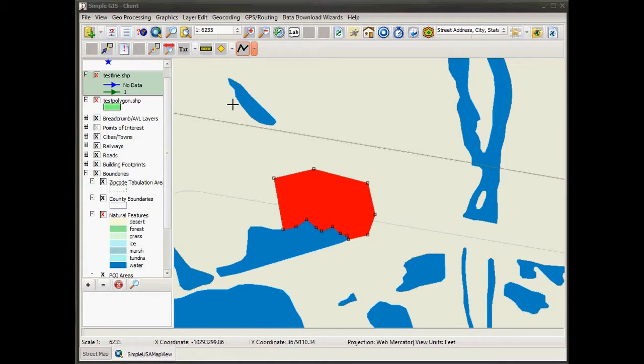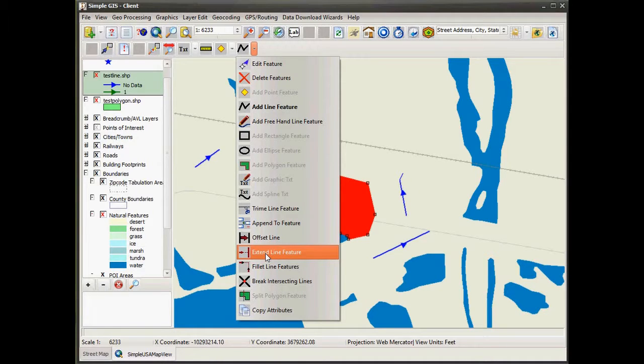I've got my add polyline feature tool selected, and so then I'm just going to simply click to begin my line, double click to finish it, to add a couple of new line features to my map here. So maybe one more here. And so now we'll demonstrate our next